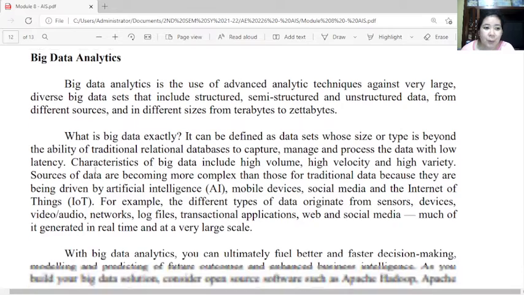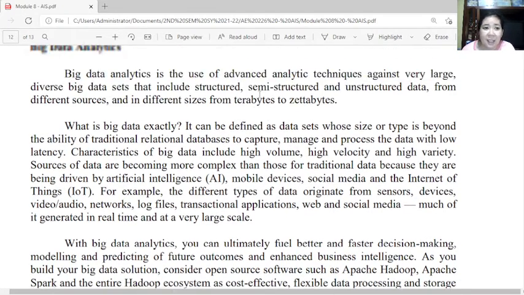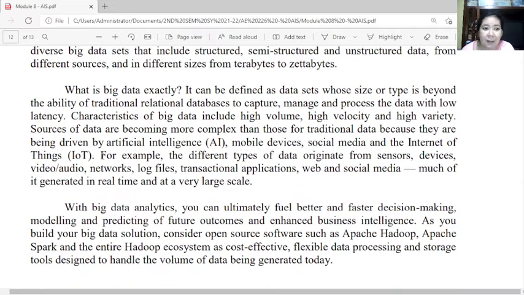Okay. So what is big data exactly? I get this definition from the IBM website. It can be defined as data sets whose size or type is beyond the ability of traditional relational databases to capture, manage, and even process with low latency. The characteristics of big data include high volume, high velocity, and high variety.